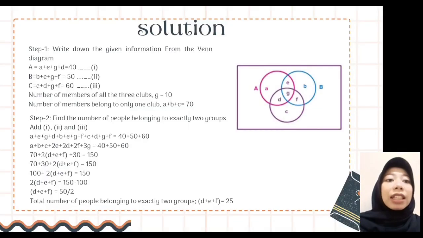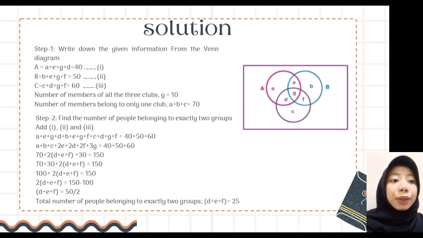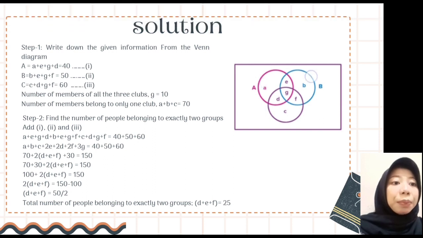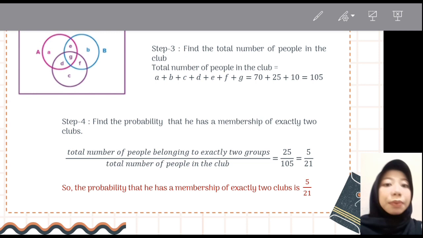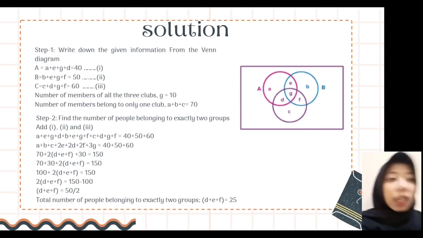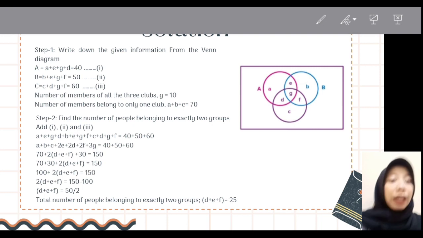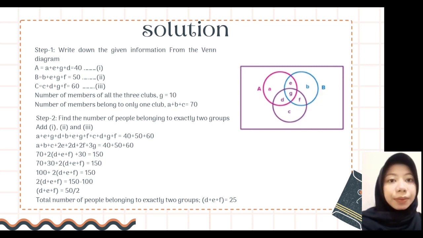Okay, next. The solution of the problem is step first. We have to write down the given information from the Venn diagram. We have a figure that represents the problem. We have set A, B, and C within the universal set S. From the Venn diagram,